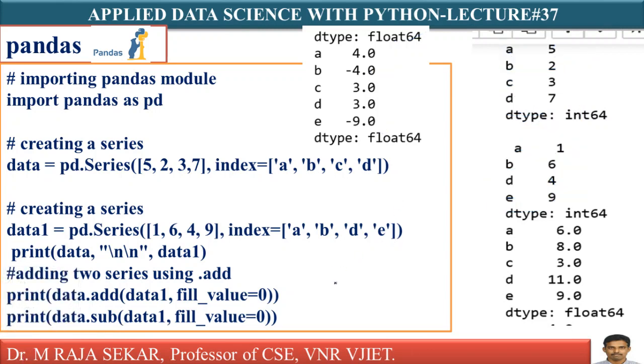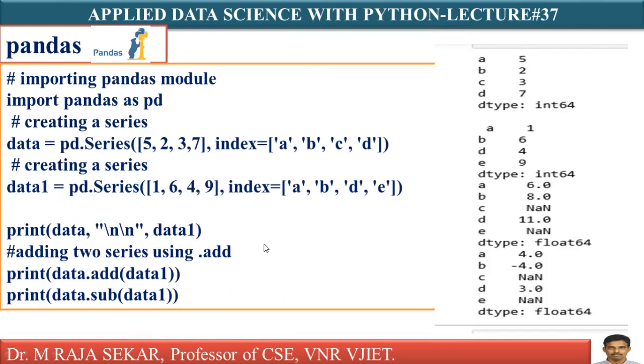Means in the case where you keep fill_value equal 0, you won't get nan values. What are nan values? I discussed them, I think, in lecture number 34. Anyway, in future classes also we will come across many nan values. I will also discuss in future classes what a nan value is. In many data science applications we will come across nan values. It's not the time to spend much time on nan values.